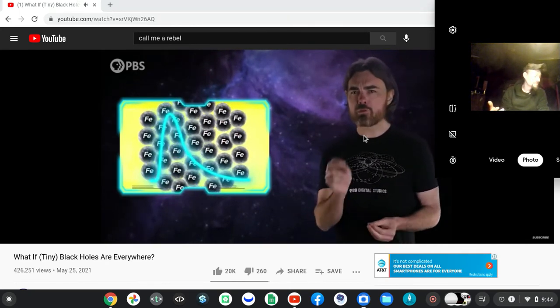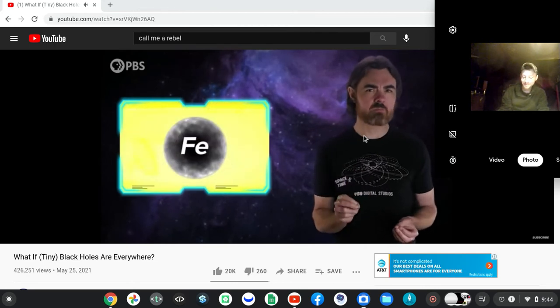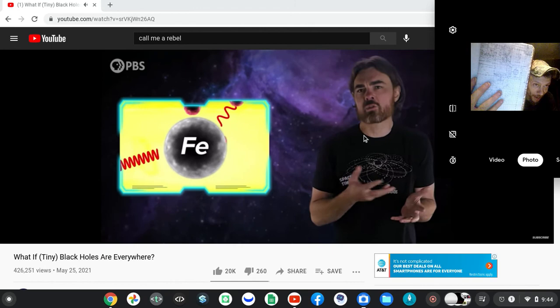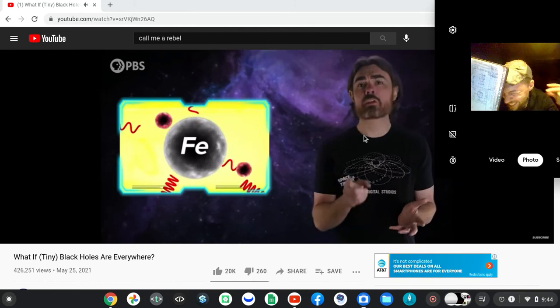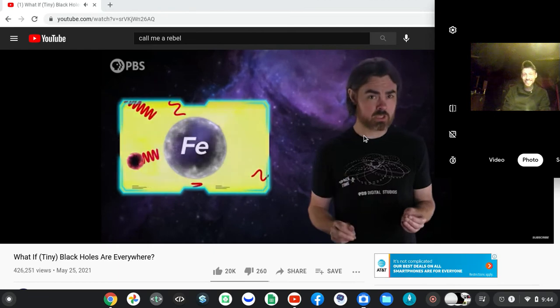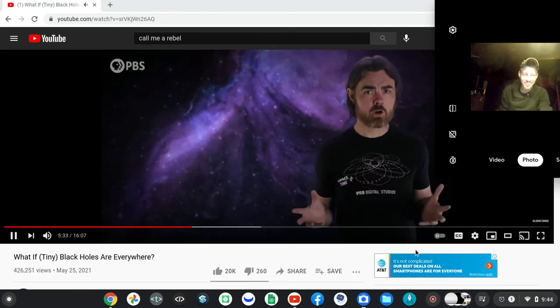But if you zoom in on a single iron atom, it can't emit every wavelength of light. It jiggles in this little crystal lattice cage with very specific vibrational modes, producing photons of specific energies. So, a large black hole is like our